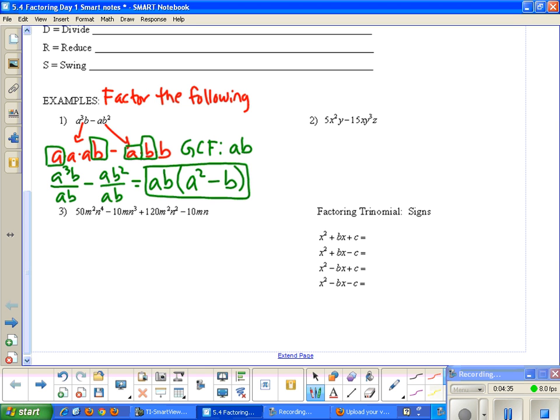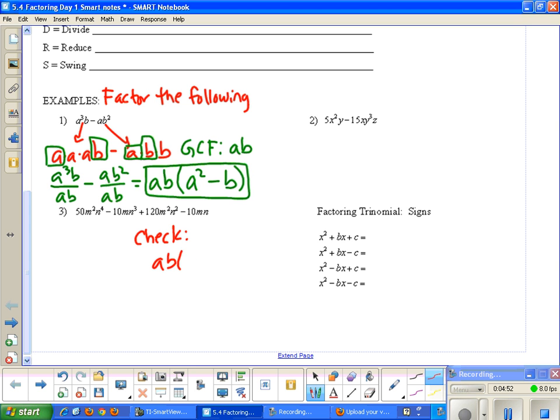And since we're not going to learn about the patterns just yet, we would know that we would stop there. Now, it's easy to check your work because we can check by distributing. So if I were to check, which I'm going to write down here because otherwise I'm going to run out of room,